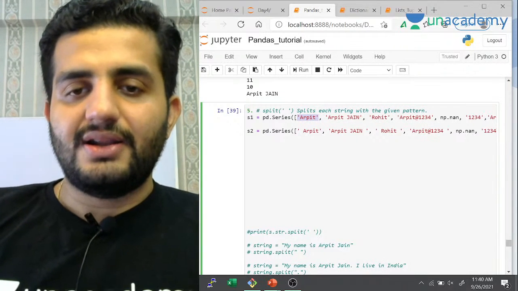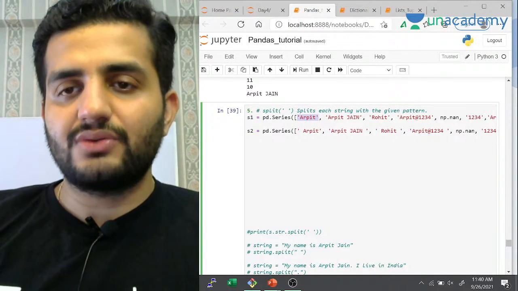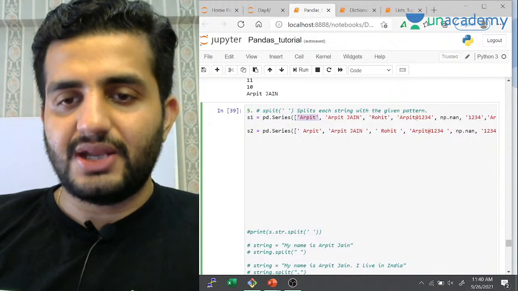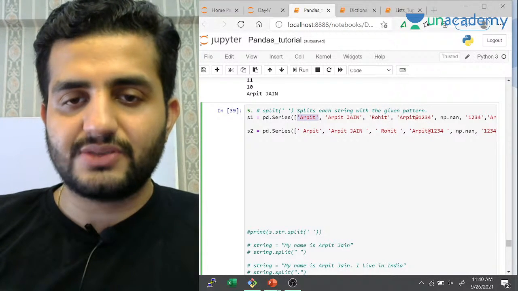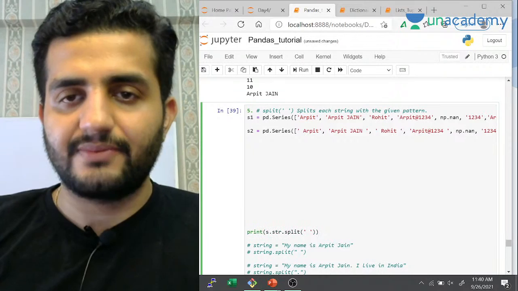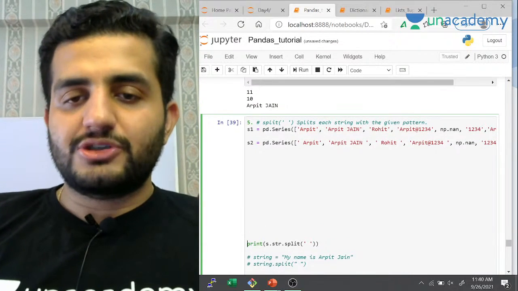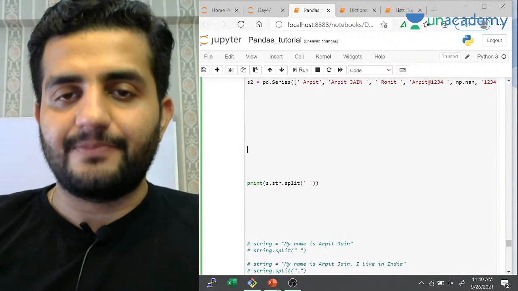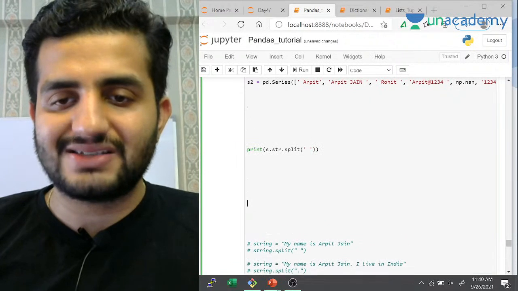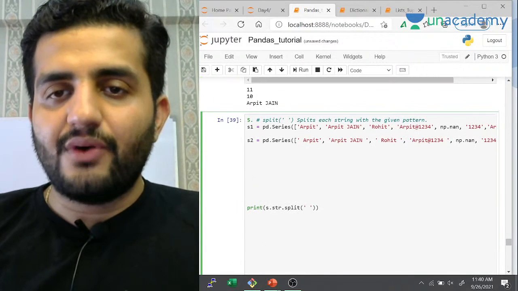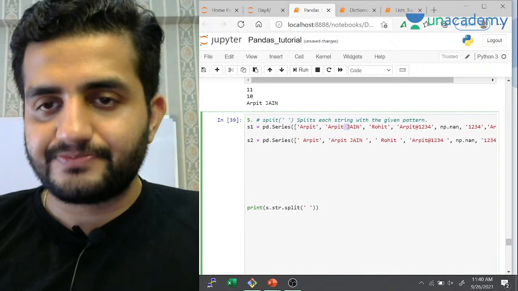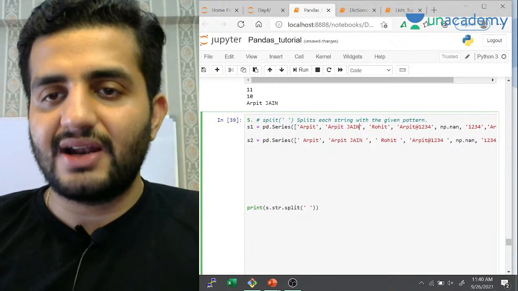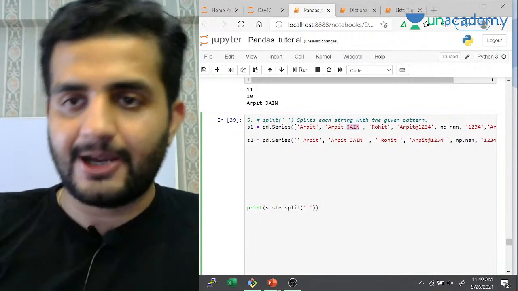Let's try to do it one by one and see how splitting works. Suppose I have this particular string, Arpit Jain, or whatever it is. First of all, I'm going to run split on the entire string. Inside split, we pass a particular pattern based on which we want to split the data, because we want to pass the characteristic. Now suppose I want to split based on this space. So if I pass a space, I get a single entity Arpit, and then a single entity Jain. So basically I will be getting two different strings.